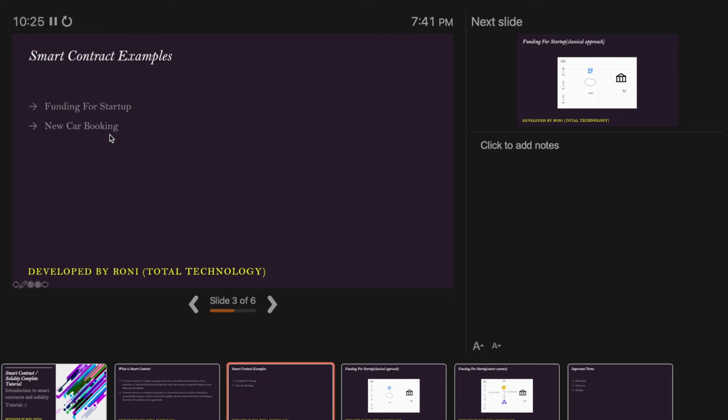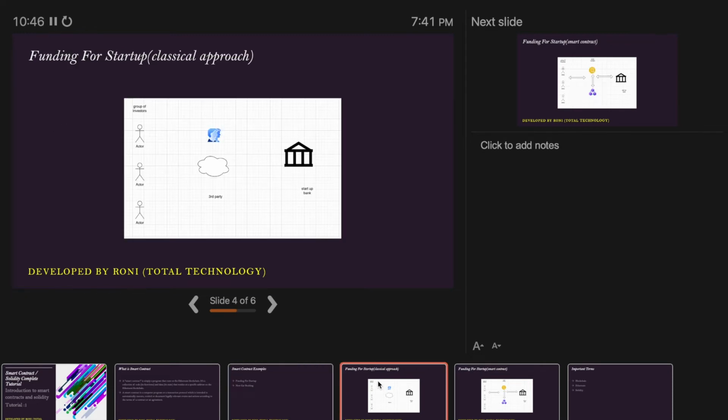So you can think about this too as smart contracts. And I'm telling you, not in India but outside of India, many companies have already adopted this. You can name it Singapore, Dubai, or maybe Germany. They are actually doing funding for startups very much using smart contracts and Ethereum blockchain technologies. Okay, so how does this funding for startups happen?